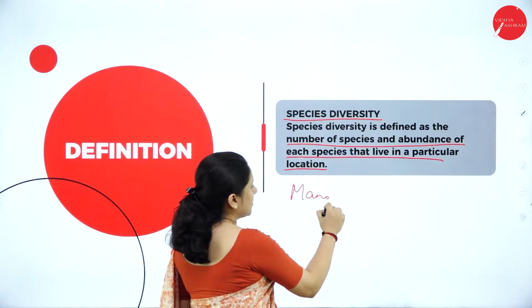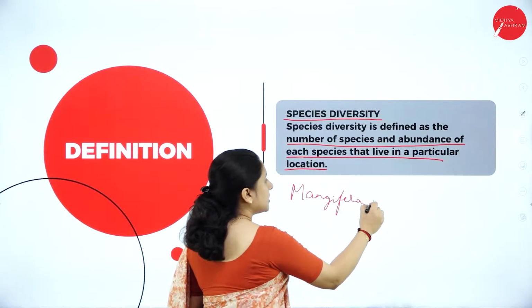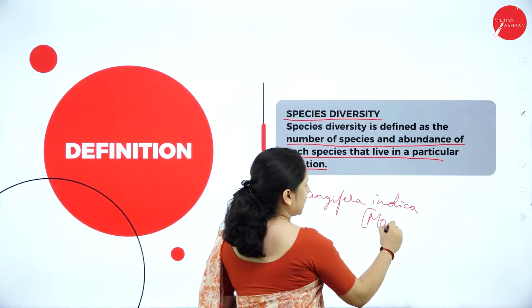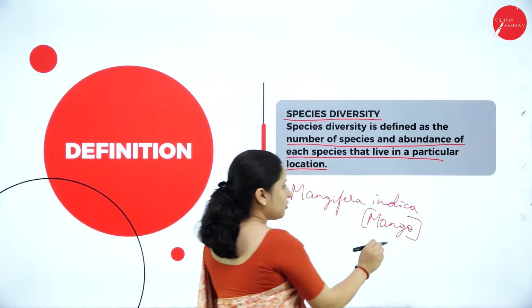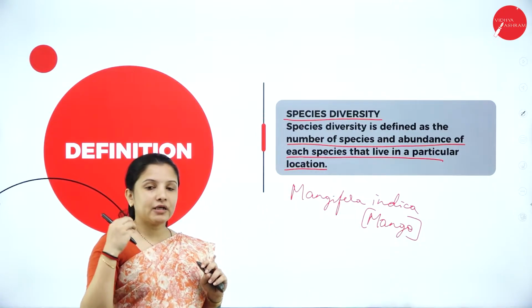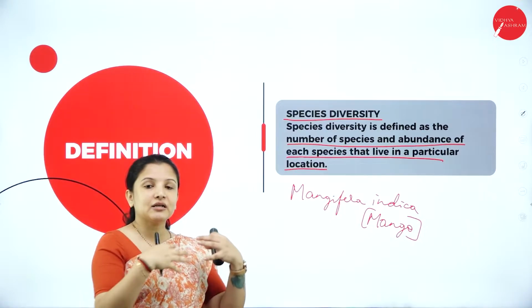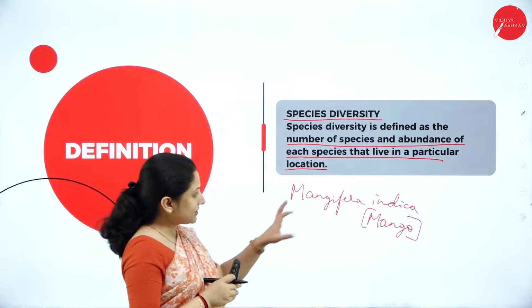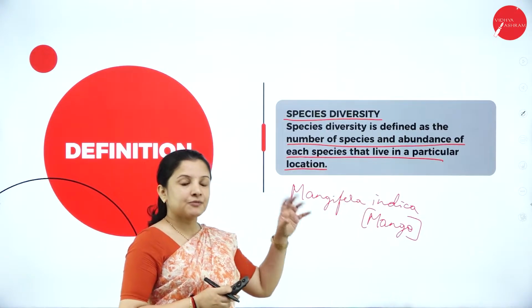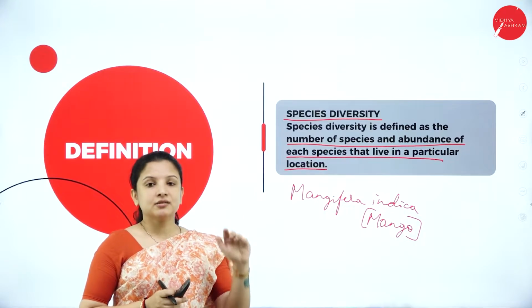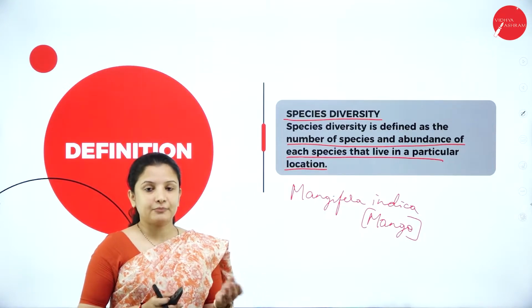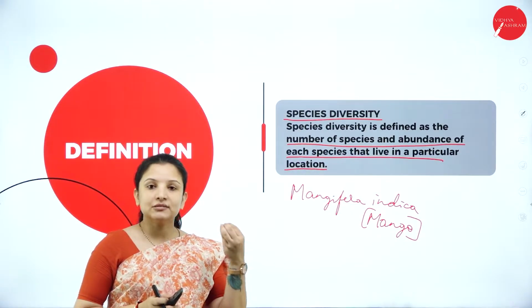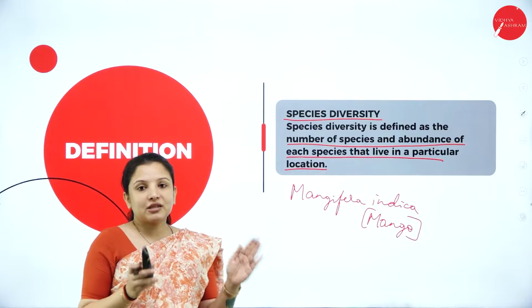If I take the example, Mangifera indica, that is mango, it is the scientific name of mango. So mango is a species, but when we talk about the genetic variety, there are different varieties of mangoes under Mangifera indica, right? So therefore the species is Mangifera indica. Cocos nucifera, for example, coconut, is a species. Then we have Panthera leo, that is lion, is a species. So this is about species.